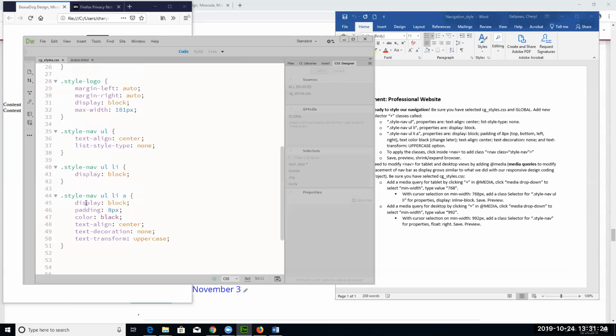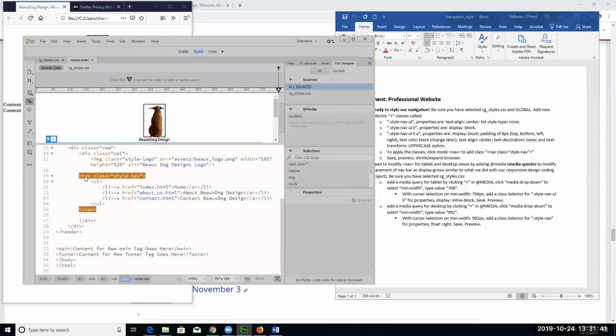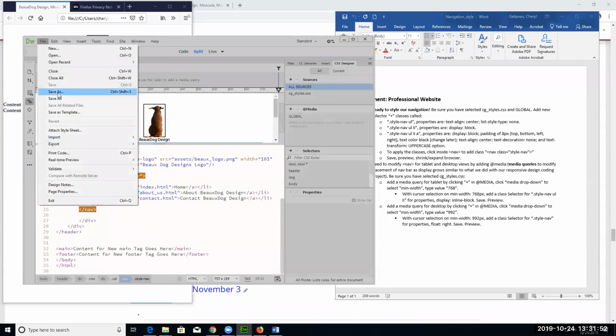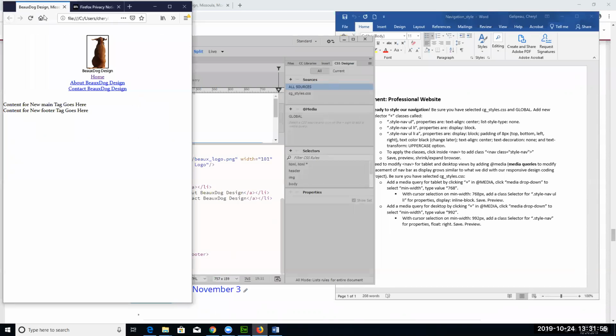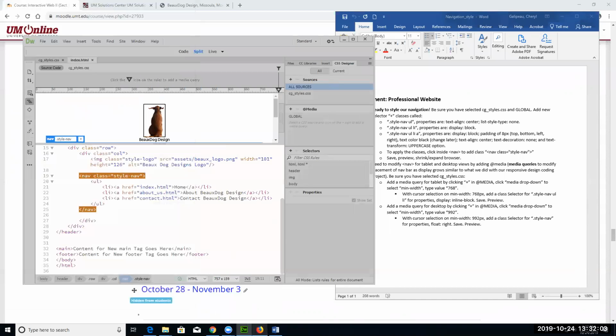The other thing, make sure that you have, like I've been consistent with dot style hyphen nav. So they all have to be dot style hyphen nav, and then designating your unordered list item anchor. And then within your file, did you also add class equals style hyphen nav? So in the nav area, you did that. So try file, save all, and let's see if mine, so it doesn't do that. I'll try all my browsers. Okay. Yeah, no,